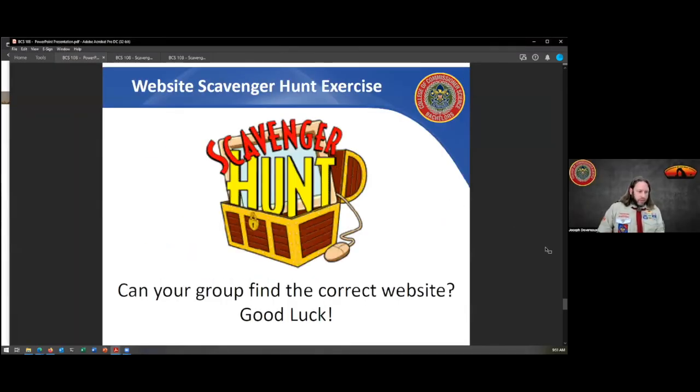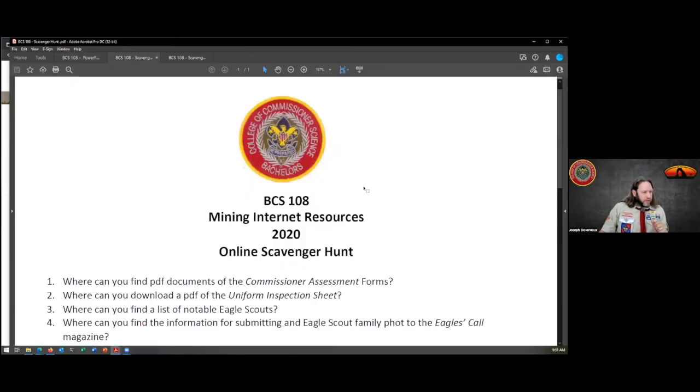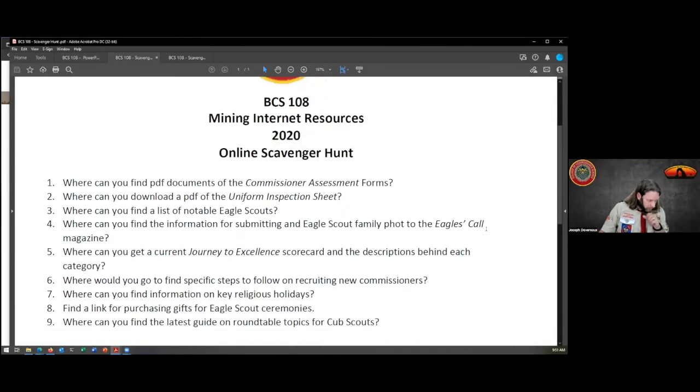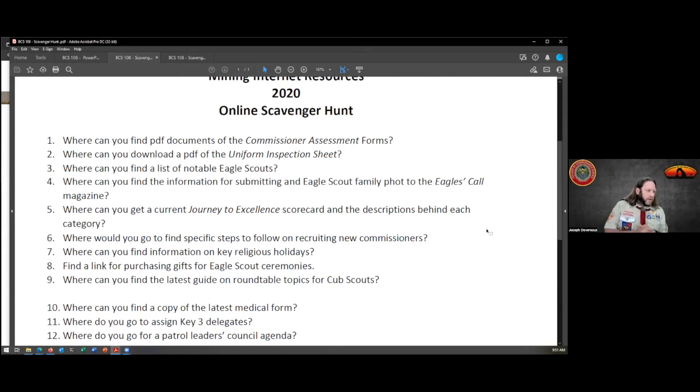This is a scavenger hunt. This is kind of a what do you know and what can you find kind of activity. Actually, let me flip over here. So this is just a fun scavenger hunt kind of activity. Here it is on the screen if you don't get the PDF. So just questions. Maybe we just talk through these. If you'd like to go find them, we can go browse the internet there and find them.